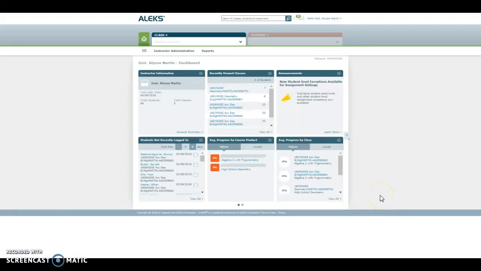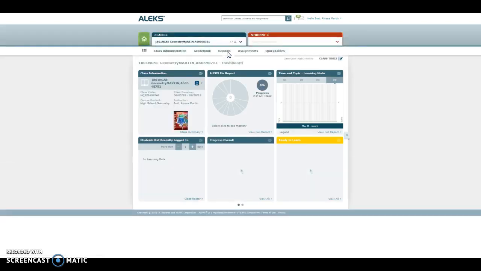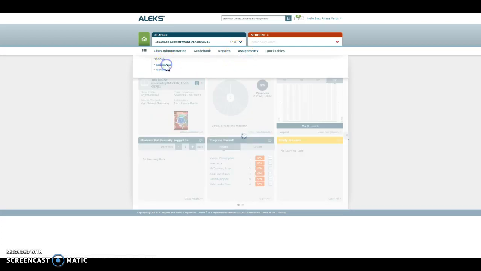Today we are going to go over how to create a quiz on a specific topic in ALEKS. To create a quiz on a specific topic, the first thing you need to do is select your course. So I'm just going to select one of my geometry courses as a sample. We're going to click on Assignments,